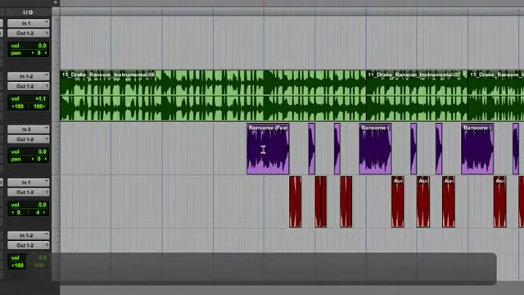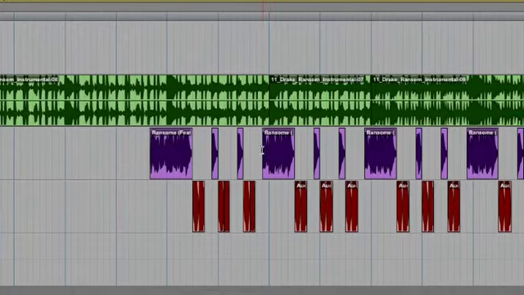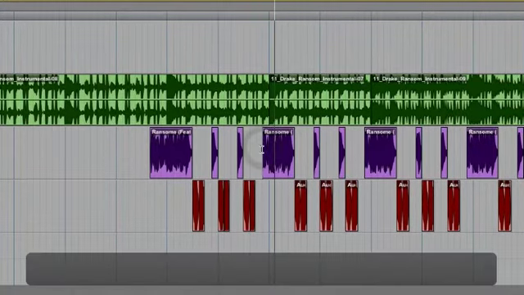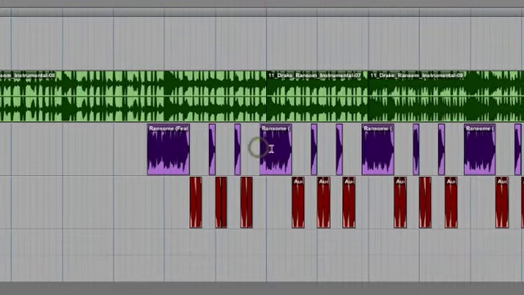Now you hear how that is screwed up? That's what it's known as screw. A lot of people like to do that on their hooks. This is what it originally sounds like. Okay, now if we want to screw this little section up right here,